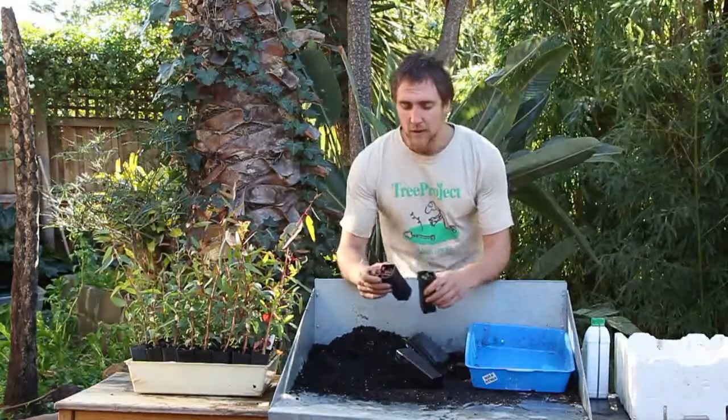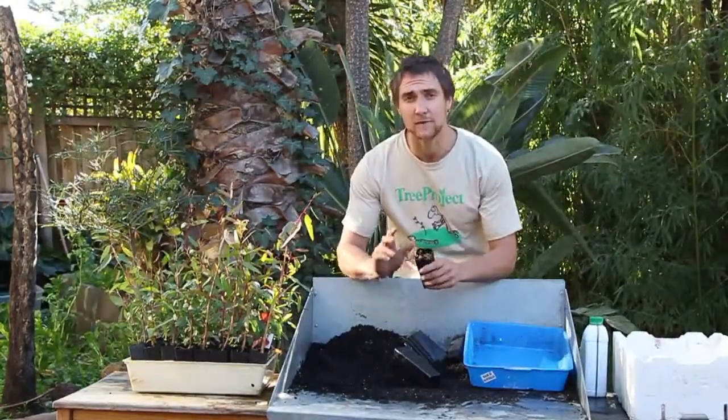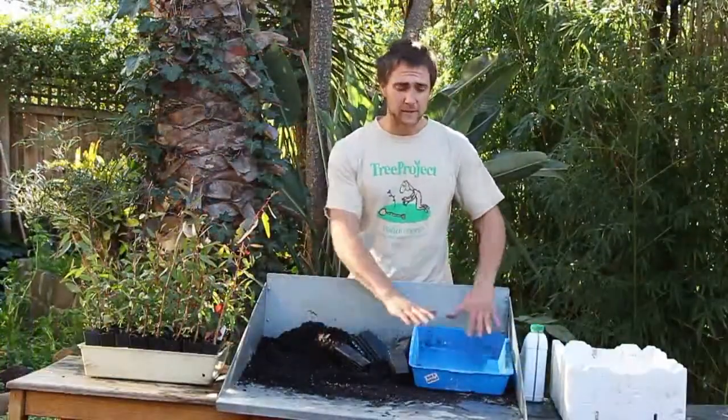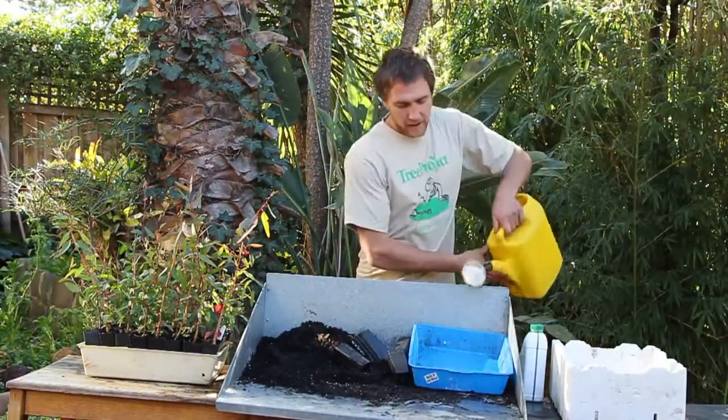So you've got your seedlings and they're about 3 centimeters high like this, and often you'll have more than one in each tube and some tubes might not have any. So this is why we transplant. But what you want to do is set yourself up with a nice tray like this with water, and